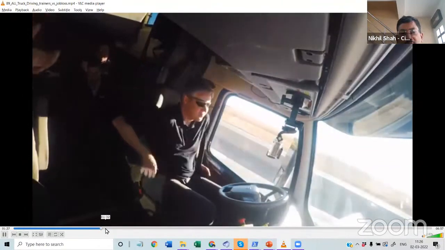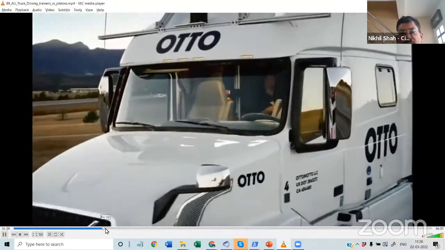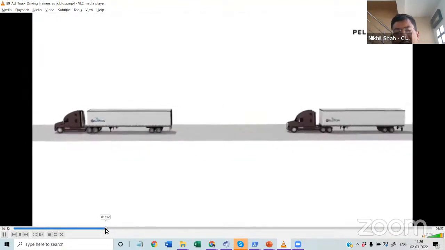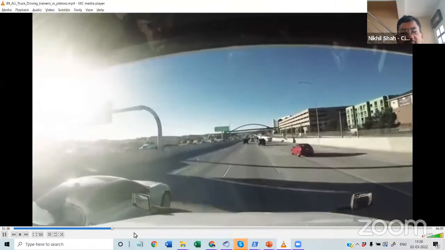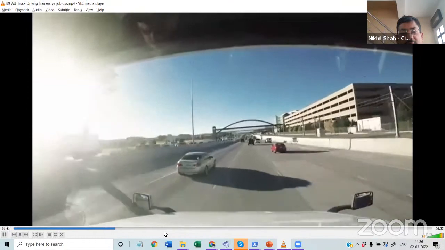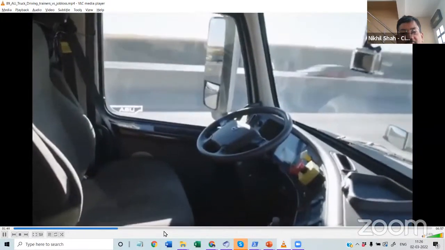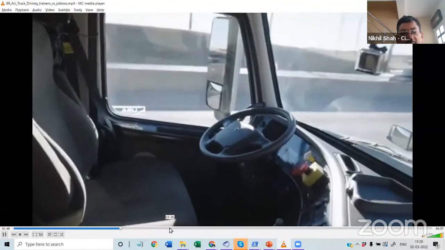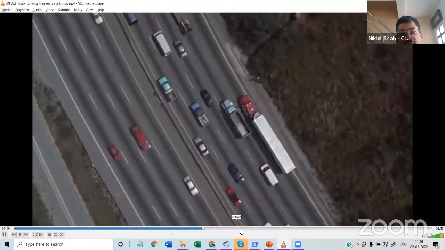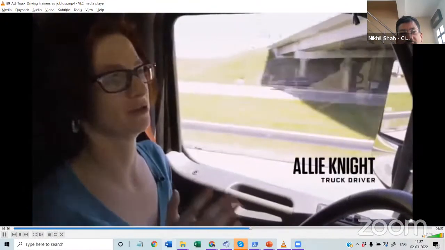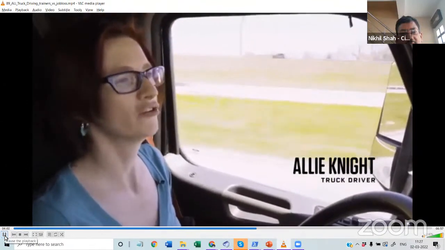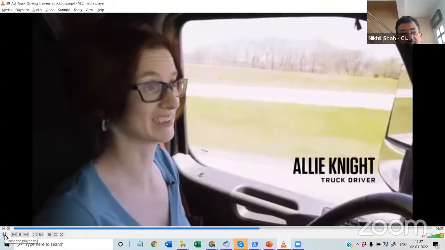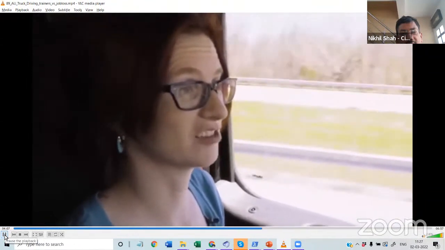Starsky isn't the only company trying to cut costs with autonomous technology. Last year, Wired rode along with startup Otto as it made its first autonomous delivery. Driverless truck companies like Peloton and Volvo Trucks are also working on platooning rigs together for efficiency. Trucking, with its long stretches of autopilot-ready highway, may be the first part of the driving industry to be automated at scale. I personally wouldn't want to be a truck driver. It's a hard life. You actually have to maintain a large vehicle over the road for 3 to 4 weeks, even a couple of months at a time. It's definitely a lifestyle. It's not just a job.